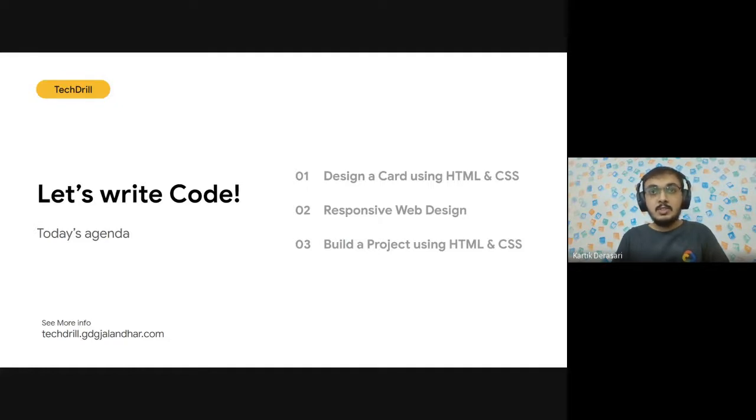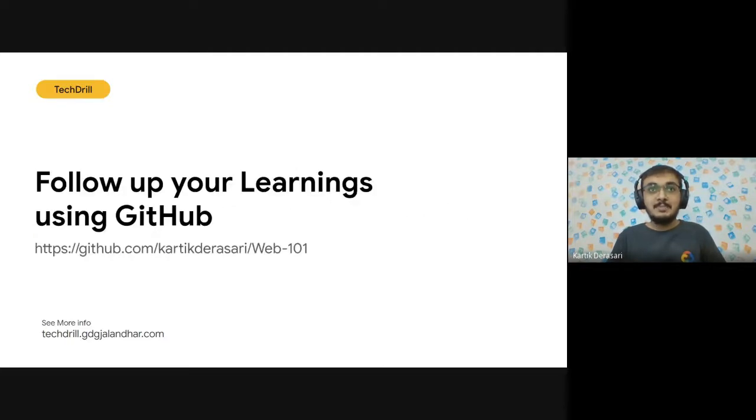And then we'll also build a mini project using HTML and CSS. So today we are going to mostly write code, and there will be very few slides. I hope you are all excited for the coding part, and let's get started.